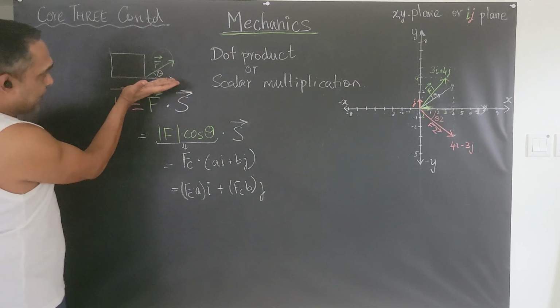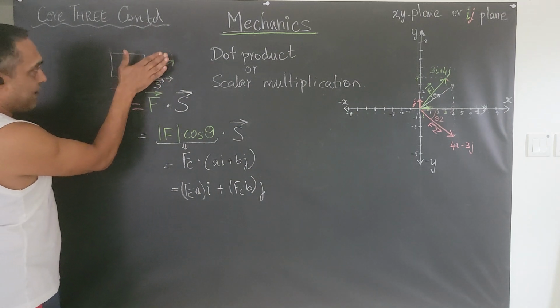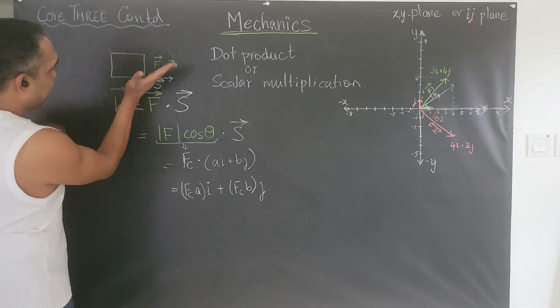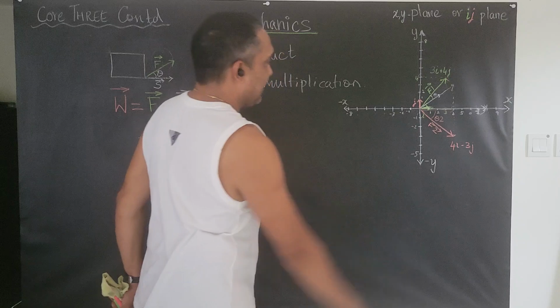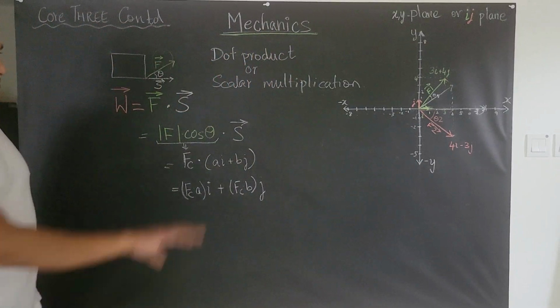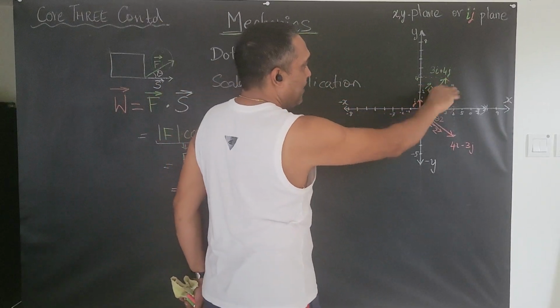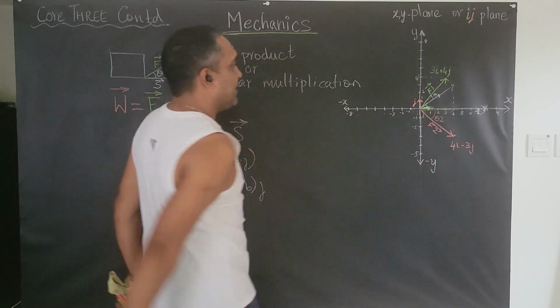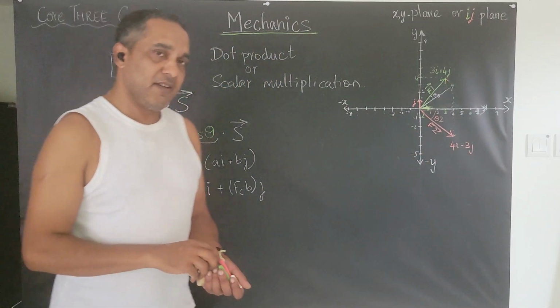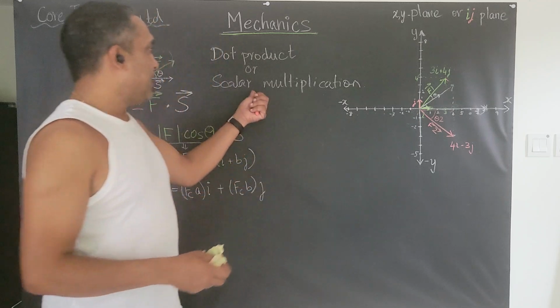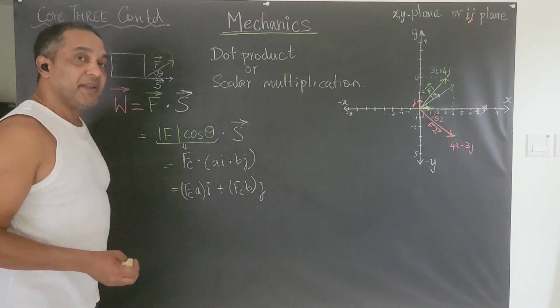And again, I've just drawn them. This is a horizontal line. They may not be, right? They may both be at an angle to the xy axis, as I've illustrated here. But whatever is the angle, it's the cosine of that brings the magnitude here, and then both coordinates of that vector get multiplied. Hopefully, this gives you an understanding of multiplying vectors using dot product or scalar multiplication method